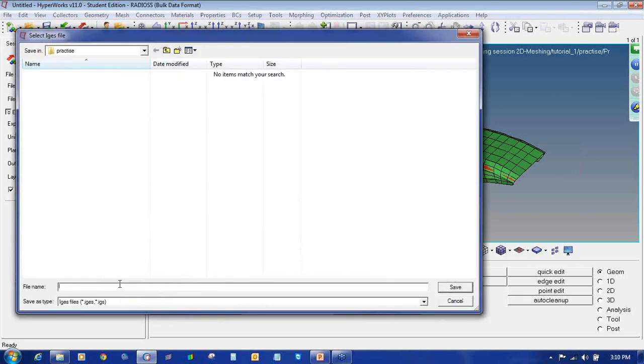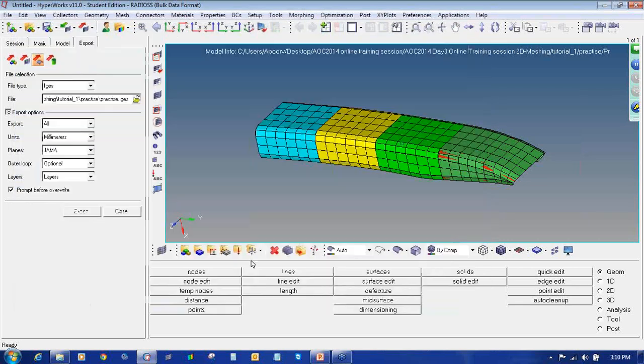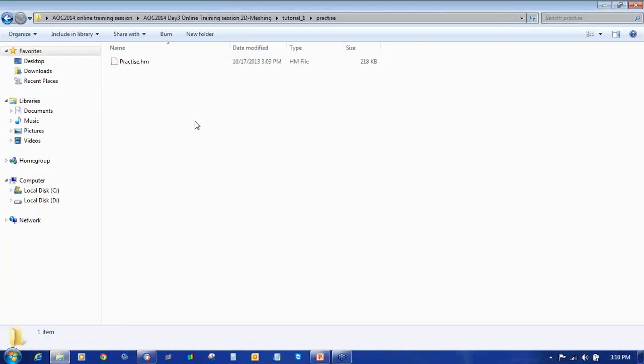Save the location, browse the location, create a file there. So I create a same practice.igs and save. Select the export option to all, units as mm, and all the other options as default, and click on export. So once you click on export, you can see on the folder location my new IGS file, which contains the geometry of my component, has been exported on the folder, as you can see here.